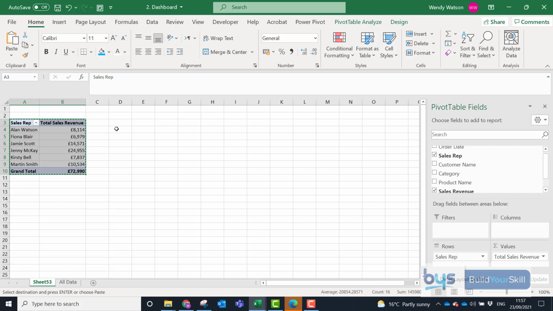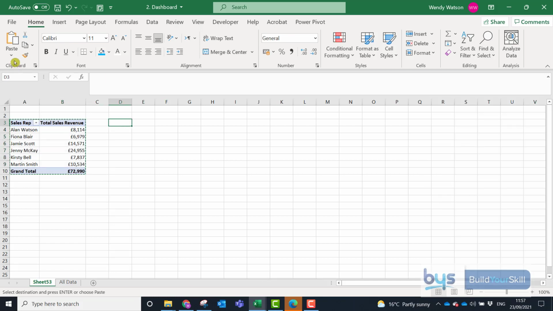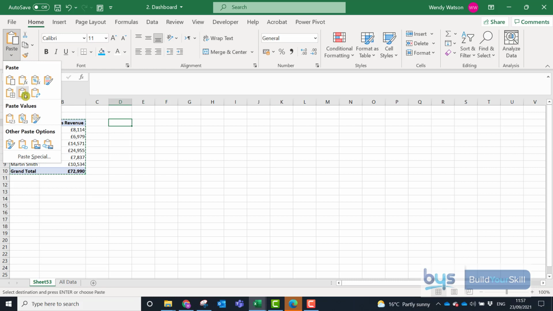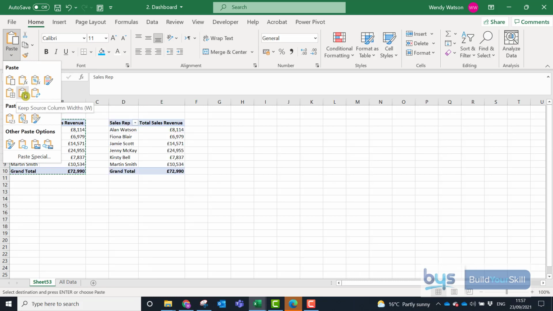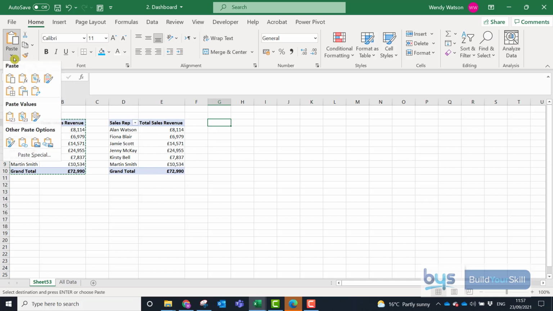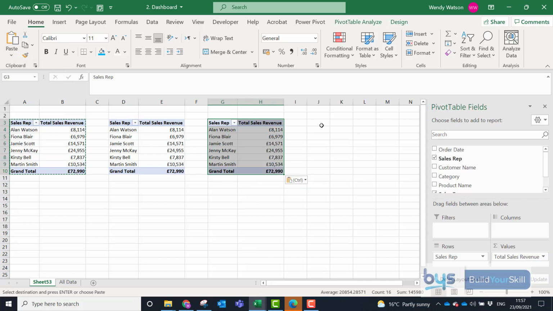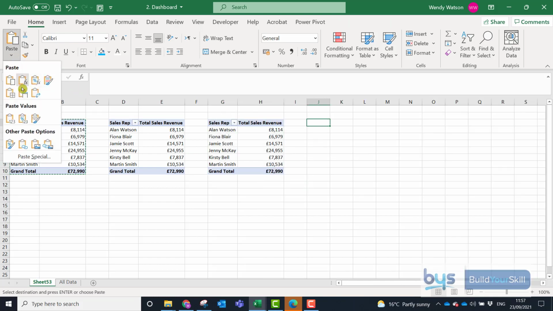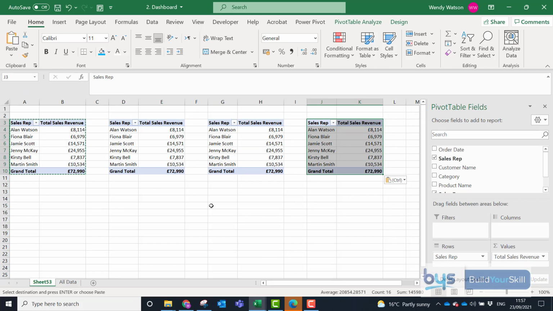Doesn't matter where you go, I'll just go to column D, I'm going to paste. I'll choose this one here, which is keep source column widths, and that will save me faffing around having to widen or narrow columns. That one's fine. I'll just do the same again, and then a fourth time. So they're all standardized, and now I can just go back and make changes to the second, third and fourth